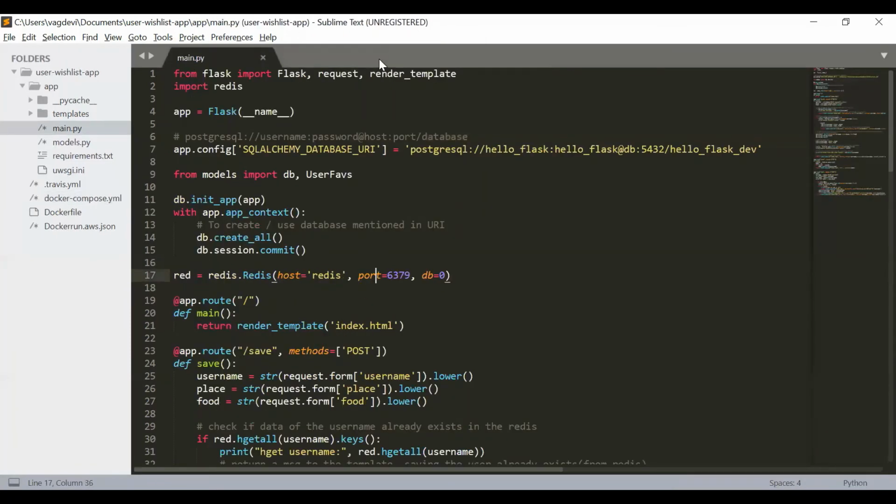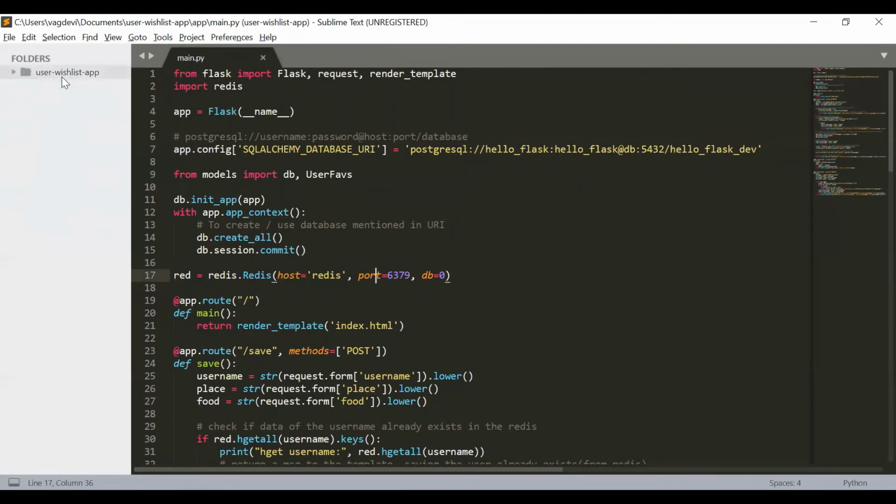So we no longer need this Docker Compose file. Rather, we will proceed to create the Kubernetes configuration YAML files for services, which help in networking amongst all the containers in Kubernetes, and deployments, which contain the information on how to deploy an application, like which image to use, what name we want the container to have, and any other environment variable. So we will be doing all these things in the YAML configuration files.